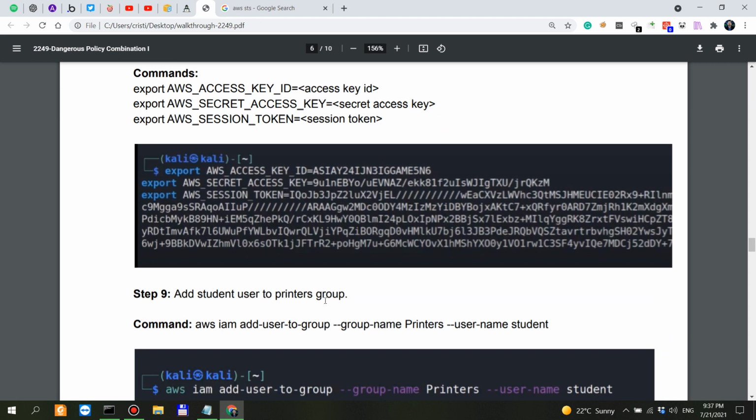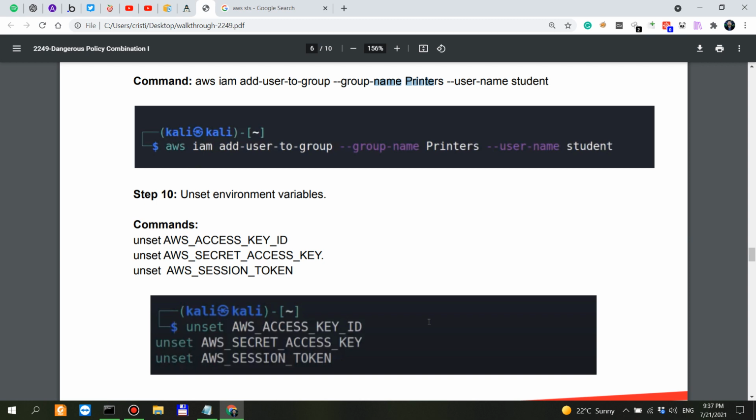And then what you would do is, since these are in the environment variables, when you run this command, add user to group name printers, username student, you're going to add yourself to the printers group. This is probably going to run